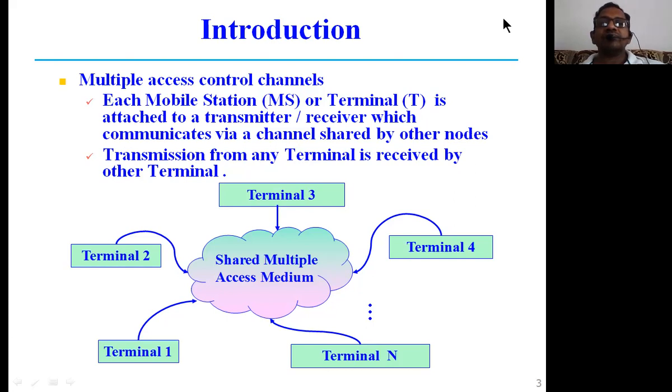Okay, now here, let us see each mobile station. When we deal with radio communications, we call the devices connected to this shared multiple access medium a mobile station. This is what I was telling you. When you deal with the same concepts in radio communications, called wireless communications, we call these devices, these terminals, mobile stations. In the case of data communications, we call the devices connected to the shared network, or shared resource, terminals.